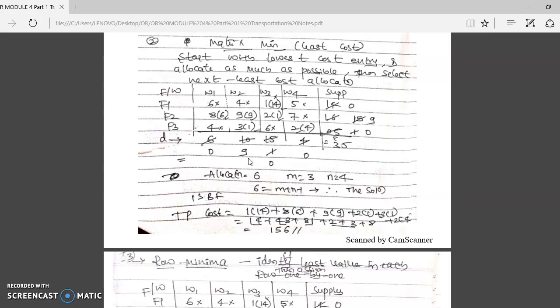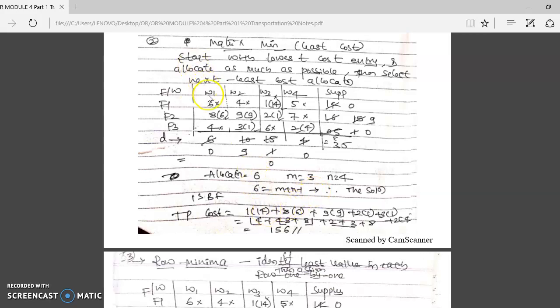So all the supply and demands become 0. Now check how many allocations we got: 1, 2, 3, 4, 5 and 6. Total 6 allocations, and allocations should equal number of rows plus number of columns minus 1. Allocation is 6, rows plus columns minus 1 is also 6. So it is a non-degenerate solution.